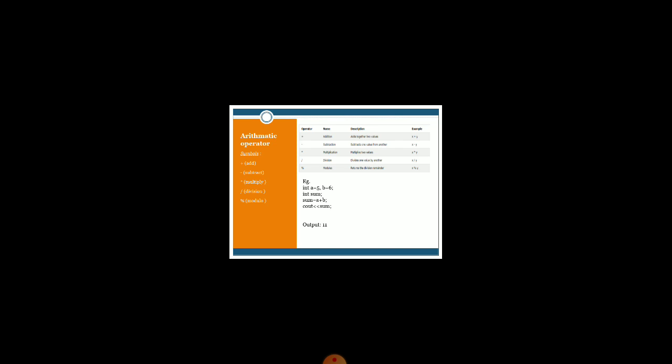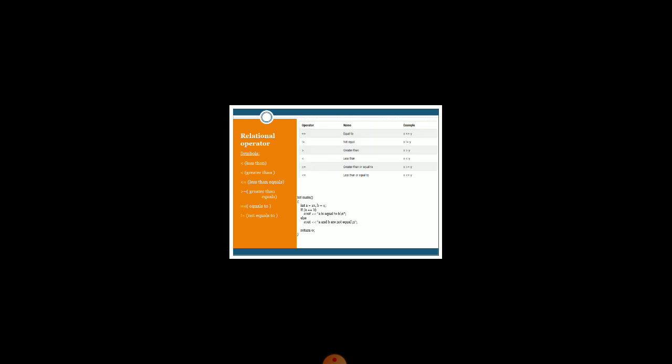After adding, the result of a plus b is stored in the variable sum, and using the keyword cout, I print the value of sum as 11. So these are all my arithmetic operators.